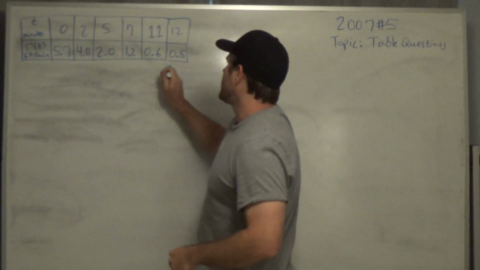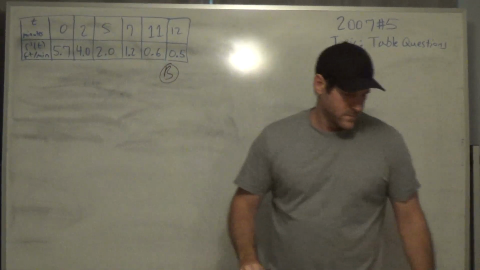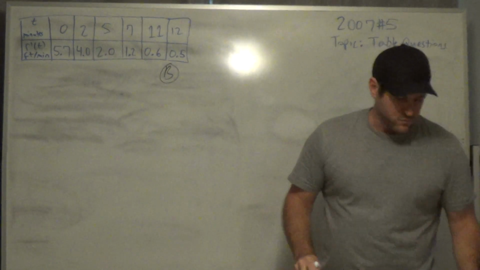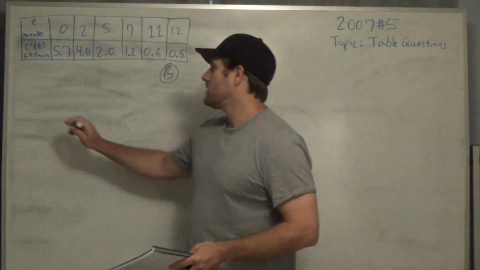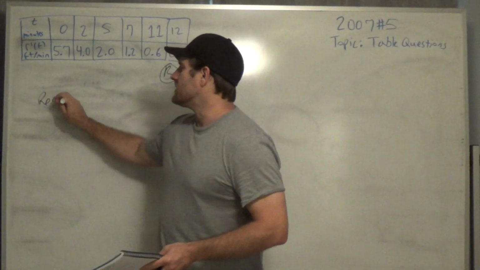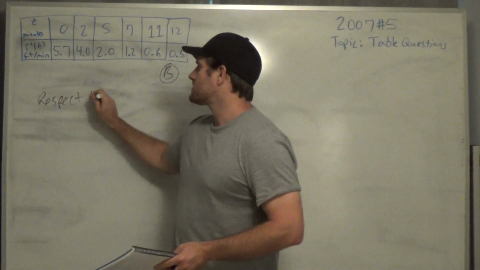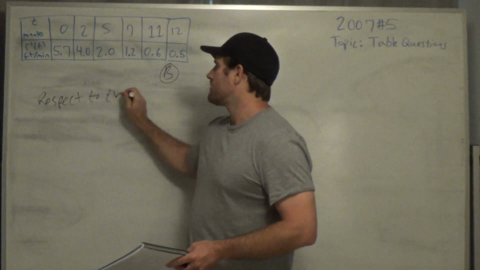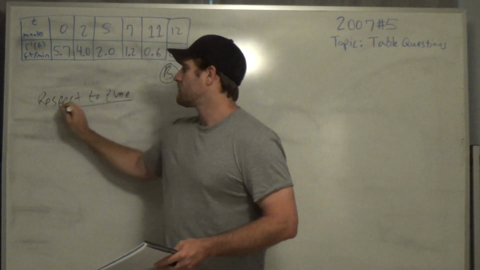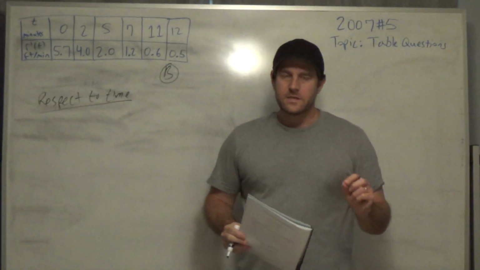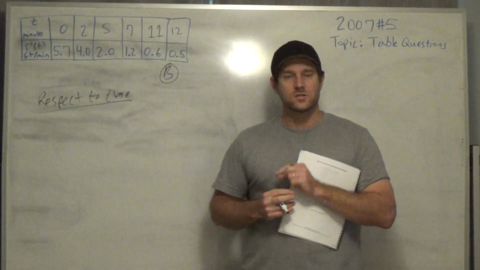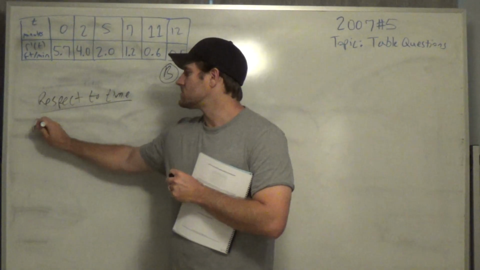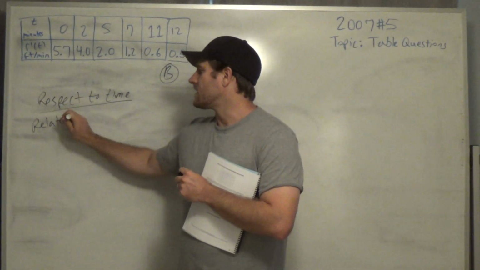And now let's go ahead and look at part B. Part B says find the rate of change of the volume with respect to time. I want you to underline this: with respect to time. You're going to be taking a quiz later on this week and you're going to see the words with respect to time. With respect to time means related